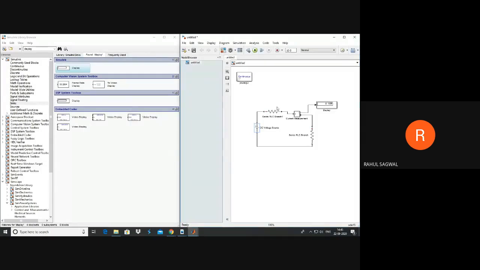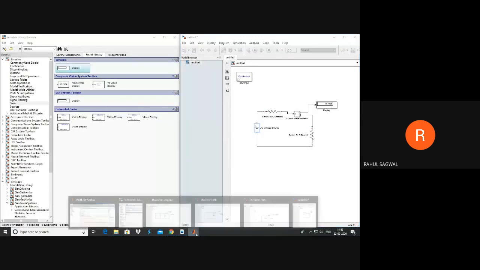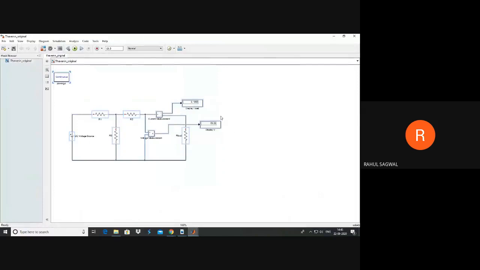Let's see the value now. So this value is nothing but 0.1065, which was also there for your original circuit. If you compare it with your original value 0.1065, so you can say Thevenin theorem is now verified through this model.